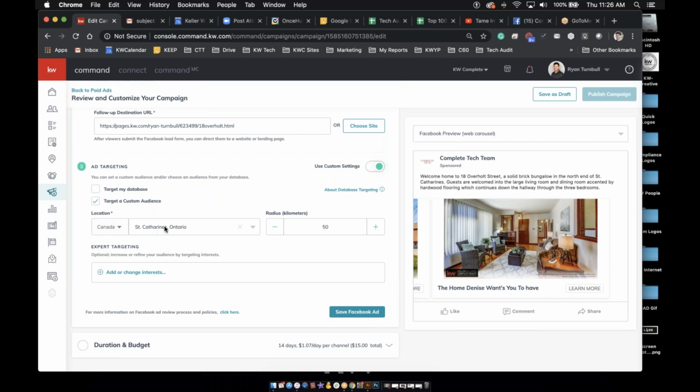Up here for location, something brand new that I'm very excited about. You can do city, St. Catharines, Ontario, for example, or you could do a specific neighborhood. So if I typed Hill Park, Hamilton,